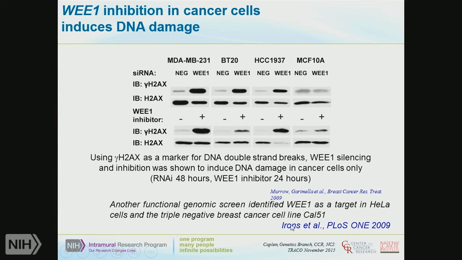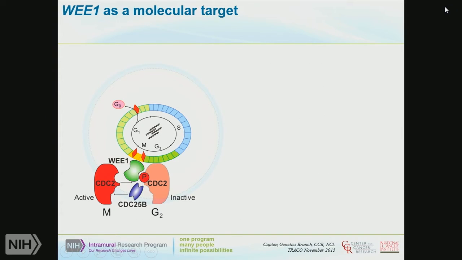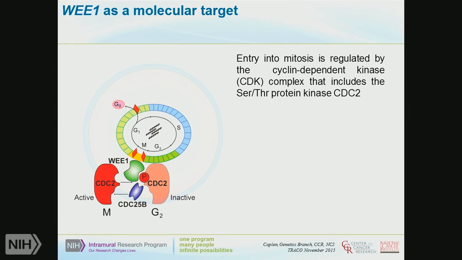And this was actually something that was confirmed in another study that came out almost at the same time as our study. Now, that all sounds great, and is something that has actually been presented repeatedly in the cancer field over the last few years using RNAi to find new molecular targets for cancer. And it's something that's actually always concerned me because we actually know that WEE1 is required for the entry into mitosis through its interaction with the CDC2 serine threonine protein kinase.